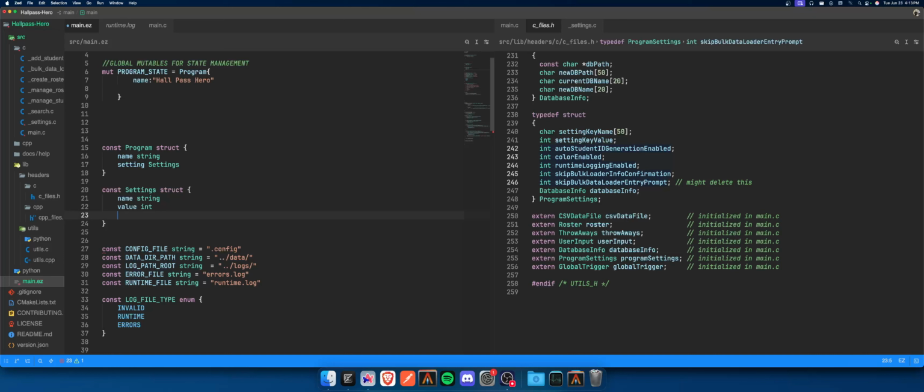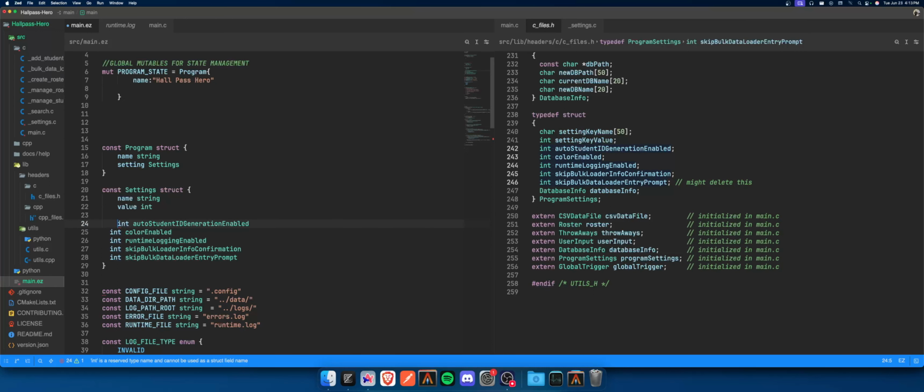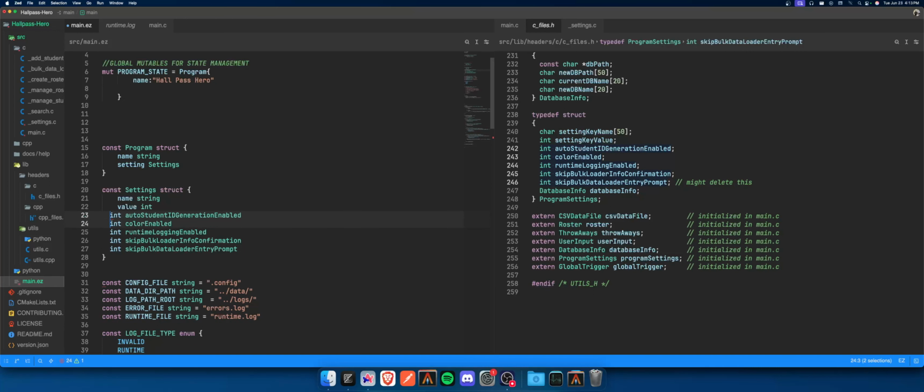We're going to take all of this, go here, and then take int after that and put it over there. So auto student ID generation enabled, color enabled, runtime logging enabled, skip bulk loader info confirmation, and skip bulk data